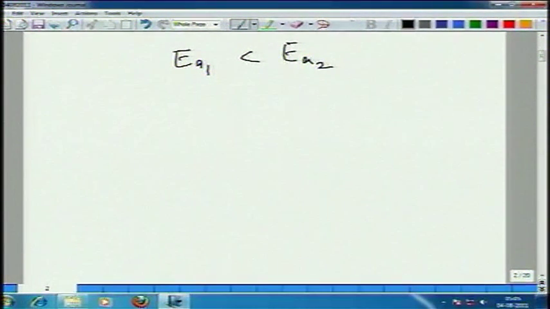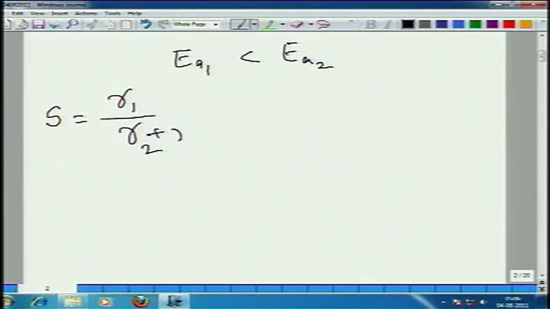Have you heard of selectivity in reaction engineering? How do you define selectivity? So rate of reaction of reaction 1 divided by rate of reaction 2, this is called selectivity, right? So how much desired product is being produced in the reactor? I do not know if it is this, maybe it is R1 plus R2, sorry.